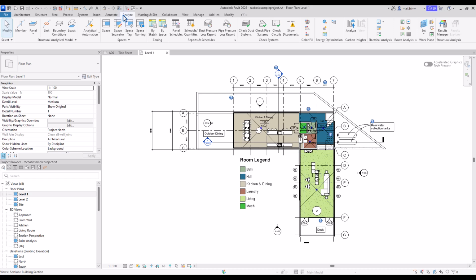Next is Analyze, which is used, for example, for analyzing structural loads or conducting calculations regarding systems like duct pressure or pipe pressure. We have also here, for example, tools to calculate carbon footprint. We will not use any of those tools in this course. There are many functions in Revit that, although they are there, might not be used by you at all